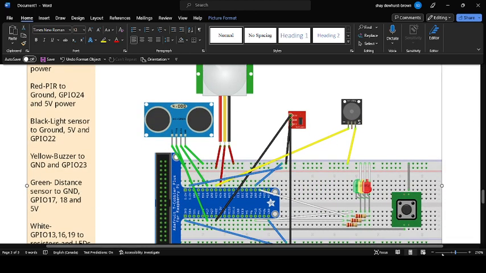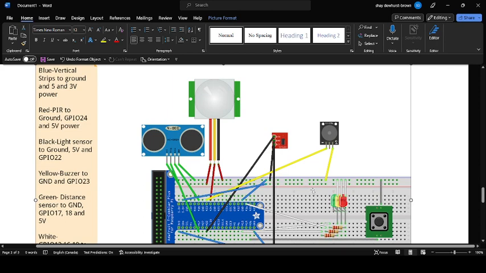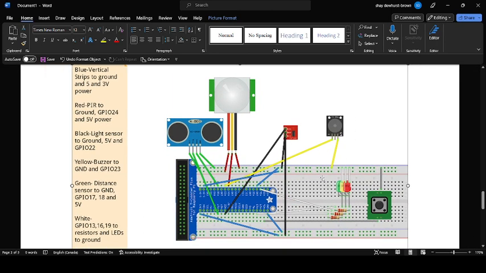So we'll look over the wiring here now as well. I'm going to work through in the order of the notes just to make sure that everything is sensibly laid out. Our blue wires here are connecting our 5-volt power up to this horizontal rail and our 3-volt down to our horizontal rail, as well as both ground rails to ground points. Our red wires are all connecting to our PIR system, so that's going to ground it, give it 5-volt power,